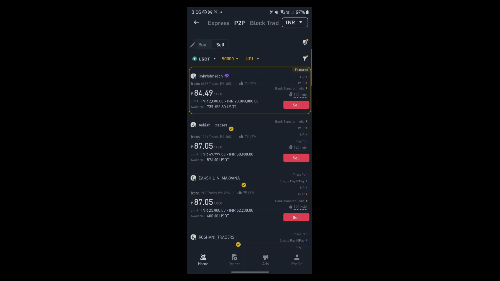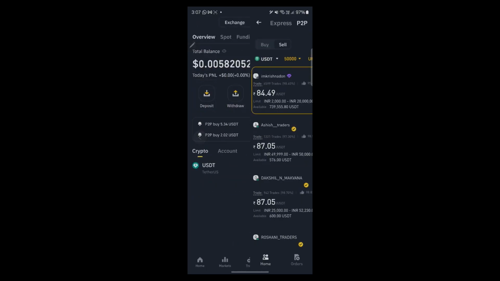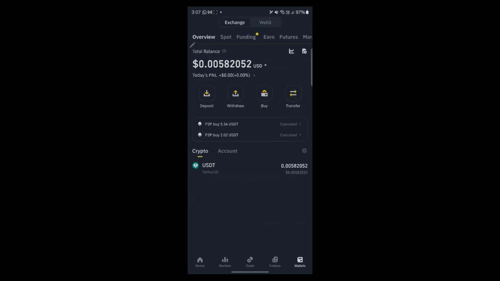So the best way to withdraw money from Binance to bank account is person to person trading. That is selling your Bitcoin on Binance and receiving the payment directly into your bank account from the buyer. So that's how you withdraw money from Binance to bank